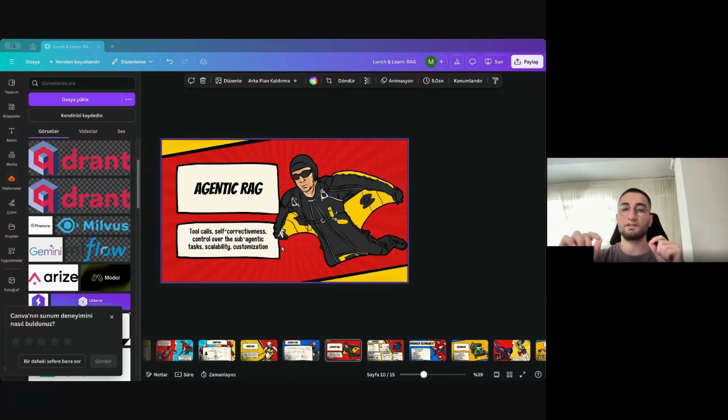So each agent has connections to each other, and you can give input to the system, and first it will go to the researcher, and it will use the search function to search the web to get the best related information, and then it messages the router.